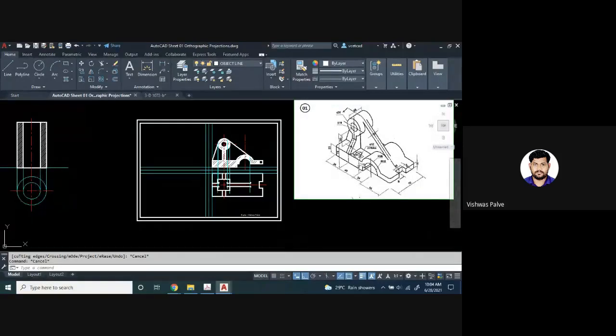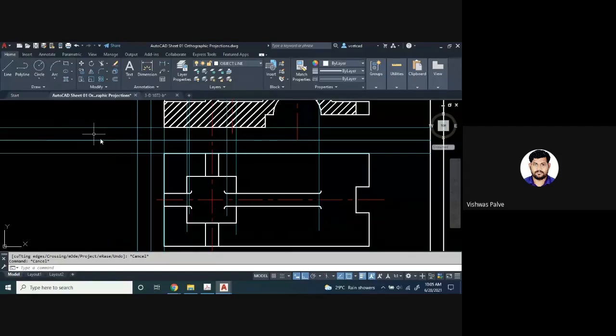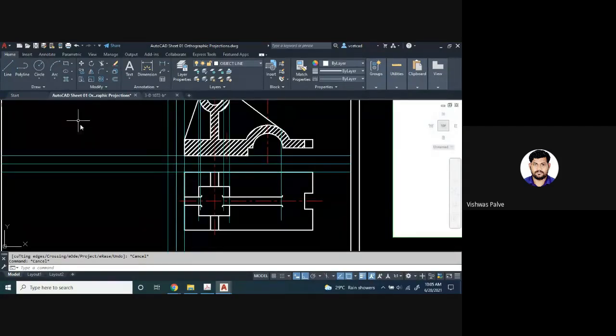Okay, and in term test, it will be carrying 15 marks. In the end semester exam, suppose it is 30 marks, then 12 marks will be allotted for front view. Then for top view, it will be allotted 10 marks, and side view again 8 marks. So if you spend time in drawing the small curvature, which will be carrying 1 mark or 0.5, you will lose 8 marks for that.